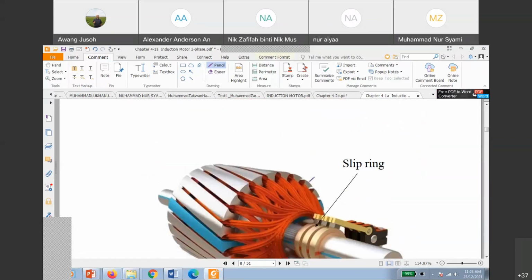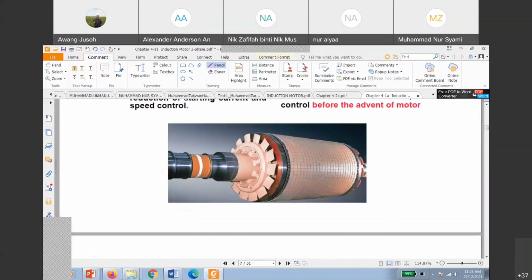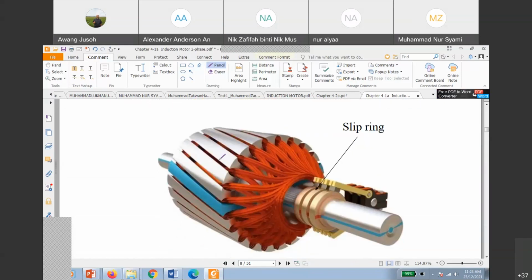This is a nicer picture of the machine. You can see this is your rotor, and they use conductors here, and these conductors move to the slip ring. You have three phases, so you have three rings there: phase A, phase B, phase C. Here we have the connector to the resistance, an external resistor, where we can control the winding resistance R2. That is the structure of the wound rotor.